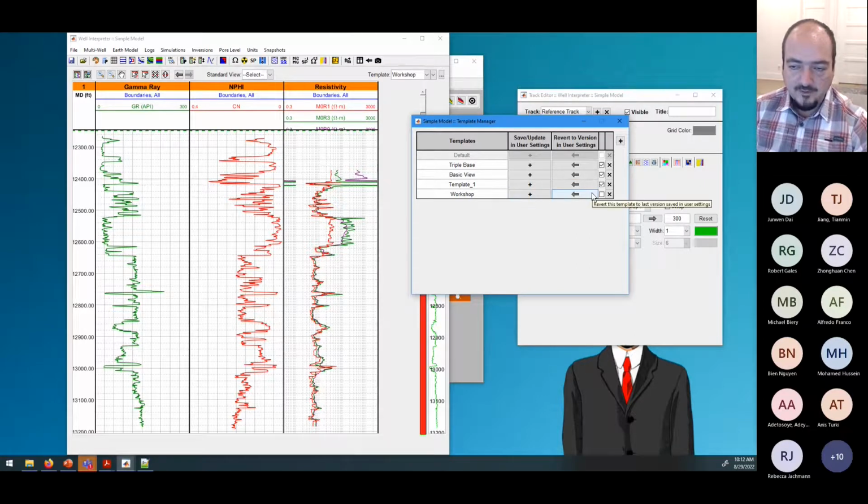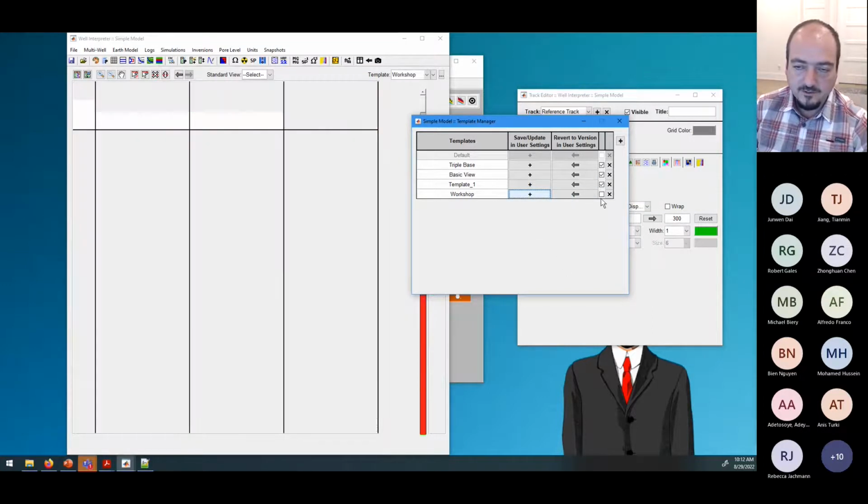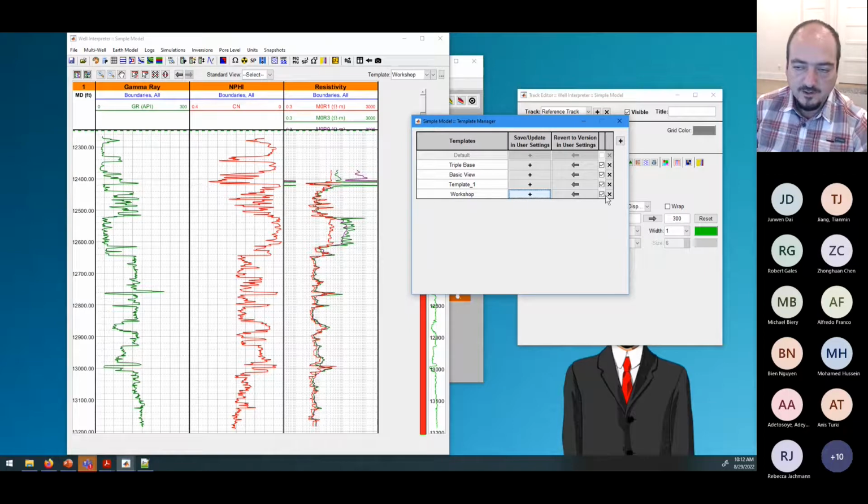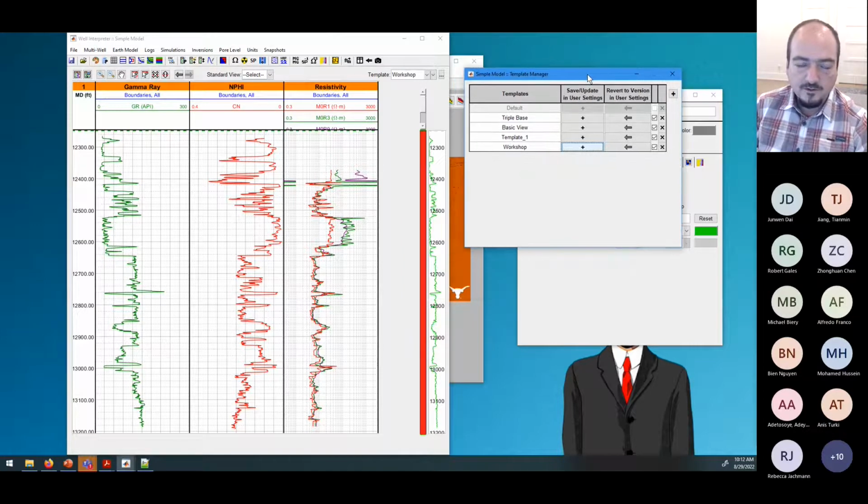So if I save it, it's just going to make sure it's saved. And then it's going to show this as a checkbox. You cannot click in this checkbox. It's just an indicator. It just means that it has been saved. And you can revert to the last version. That's going to make more sense. For example,